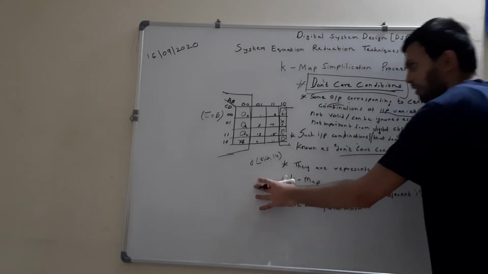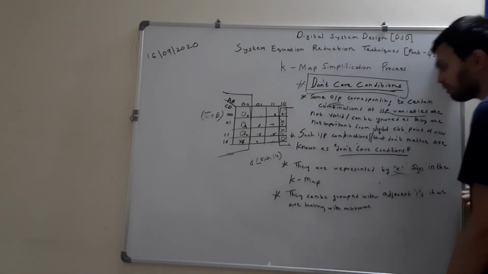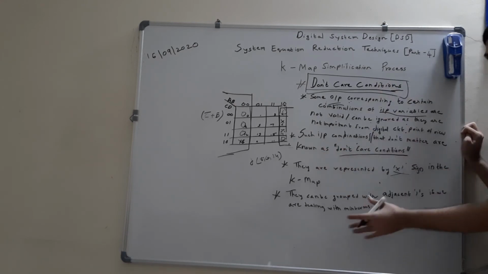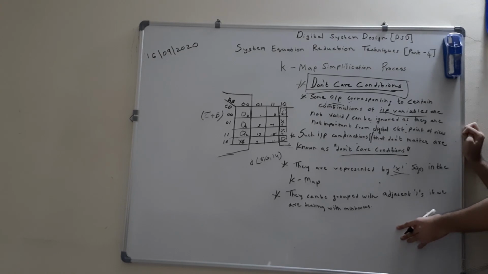So this is an important concept, and the rules of grouping you should know. So after this lecture, you should be able to solve K-map problems based on K-map simplification. And in the next class, I am going to cover how to solve problems using K-map. At that time, this part will be pretty much clear, that is, don't care conditions and how we will group and how we will solve. But these rules are important. You should keep on revising them. So if you know all these rules, you will be able to simply solve K-map. So thank you. That's all for the day.